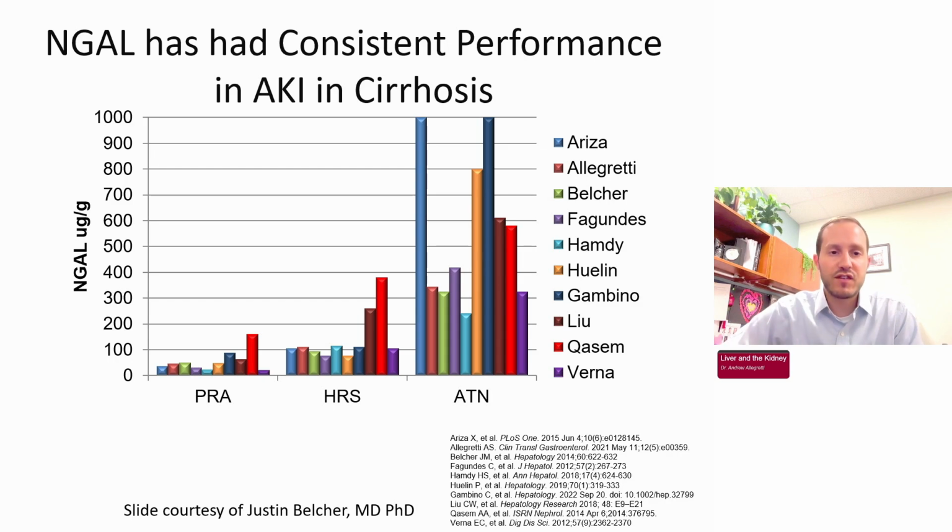NGAL, which I briefly mentioned earlier, is a urinary biomarker that's approved in Europe and also has a pediatric label for early detection of AKI in the United States. It's not really widely used at this point, but if you have it available to you, many sites, including ours, have done research in this space suggesting that a lower NGAL is more reflective of the functional prerenal or hepatorenal injury, and a higher NGAL would be more indicative of ATN in this population. And in fact, this biomarker has performed very well. Not approved yet in adults, but undergoing studies to do so.